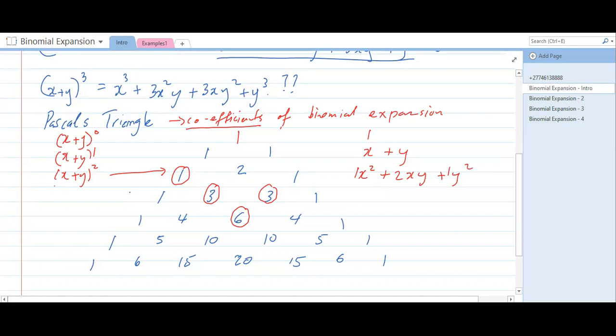Then let's look at this one here, x plus y all cubed. We have 1, 3, 3, 1. This will help us get the coefficients. So we can write down 1 plus 3 plus 3 plus 1. Now guys, to get the x and the y, look at the pattern here. If you look at the pattern,